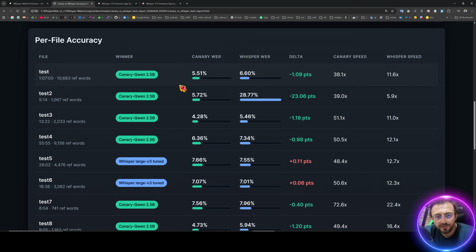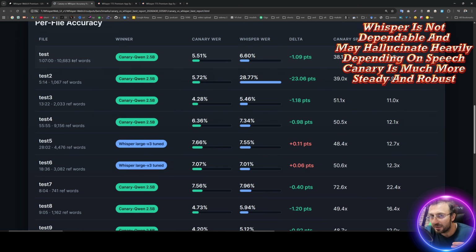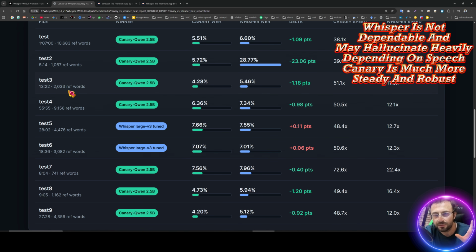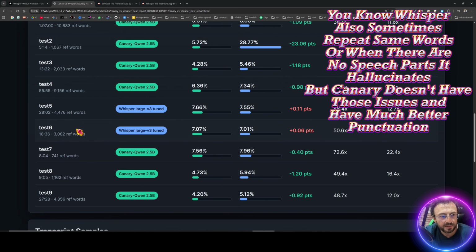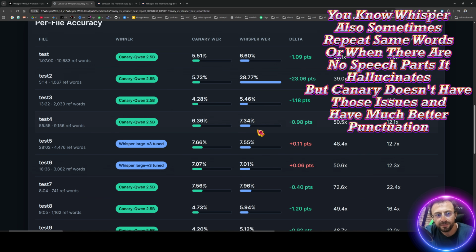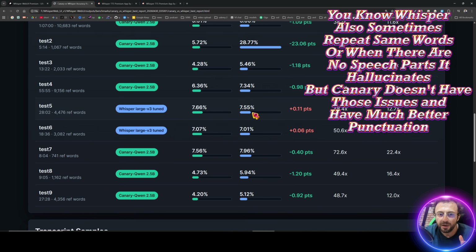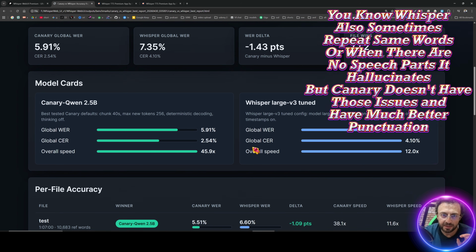And there are individual test results as well, as you are seeing. So I did run big tests like 1 hour, like 5 minutes, like 13 minutes, 55 minutes, and I did get the overall averages. In a few cases, the Whisper did perform very slightly better, as you can see. So this new model is my recommendation.